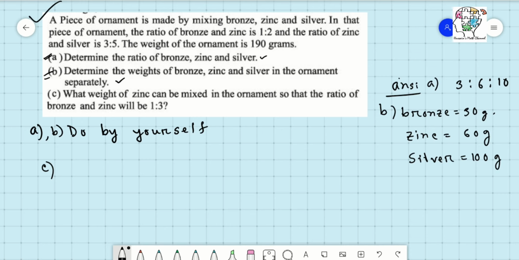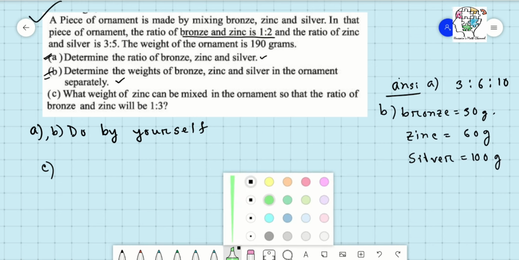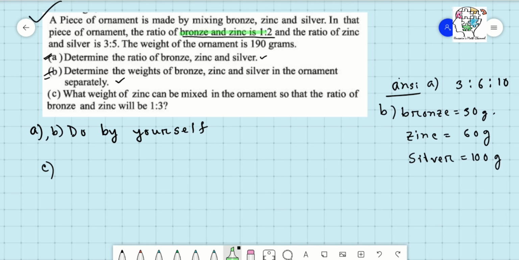So now number C, what weight of zinc can be mixed in the ornament so that the ratio of bronze and zinc will be 1:3? If you see carefully, in the main question the ratio of bronze and zinc was given as 1:2, but now it is asking that we have to change it to 1:3. That means the amount of bronze will remain the same at 30 gram, but the amount of zinc will be